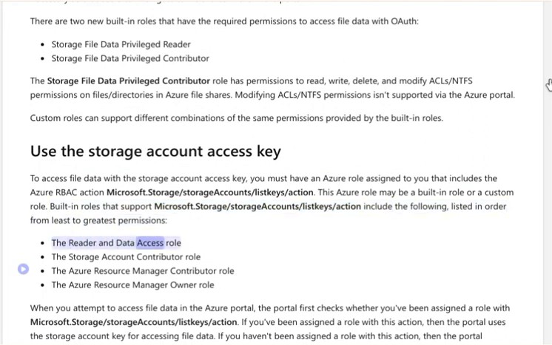The Reader and Data Access role, the Storage Account Contributor role, the Azure Resource Manager Contributor role, the Azure Resource Manager Owner role. When you attempt to access file data in the Azure portal, the portal first checks whether you've been assigned a role with Microsoft.Storage/storageAccounts/listKeys/action. If you've been assigned a role with this action, then the portal uses the Storage Account Key for accessing file data. If you haven't been assigned a role with this action, then the portal attempts to access data using